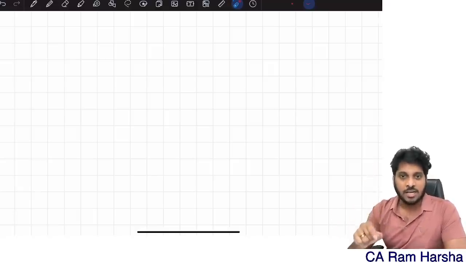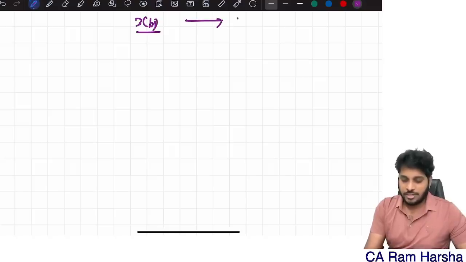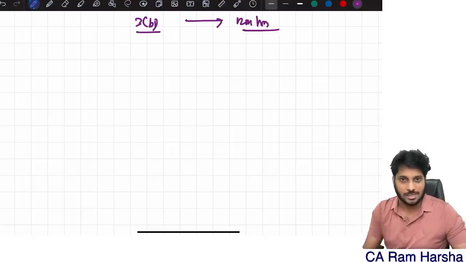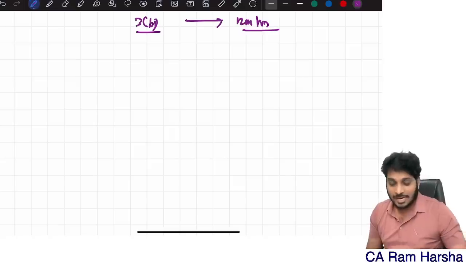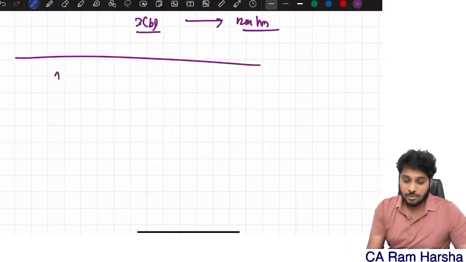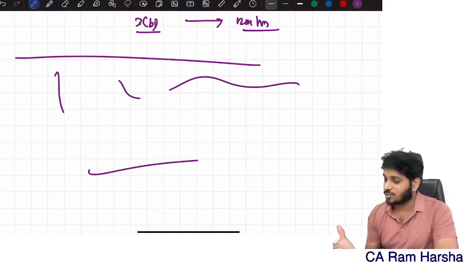They will start, they will first put the heading, question number 3B, which is some 12 marks or 15 marks question, taxation or costing or FM or whatever it is. They'll start with this, and now they will first put some little formats, do a little bit of work, then they will start reading the question.